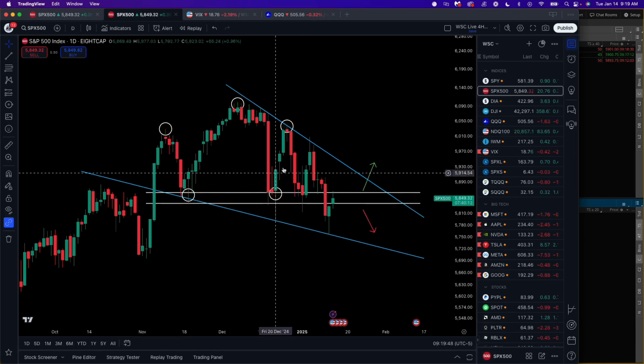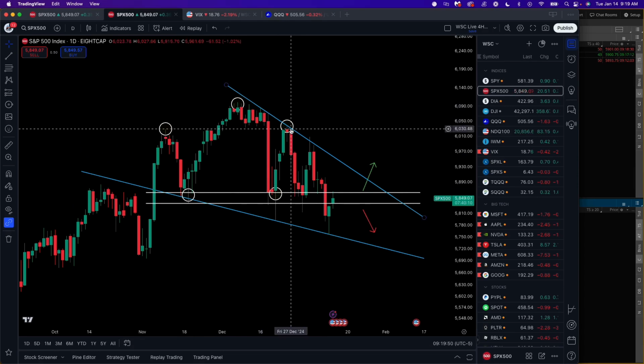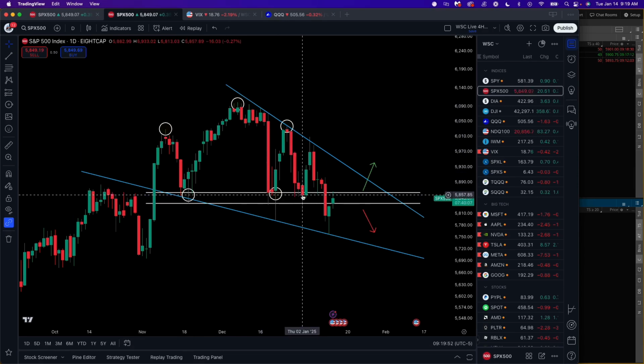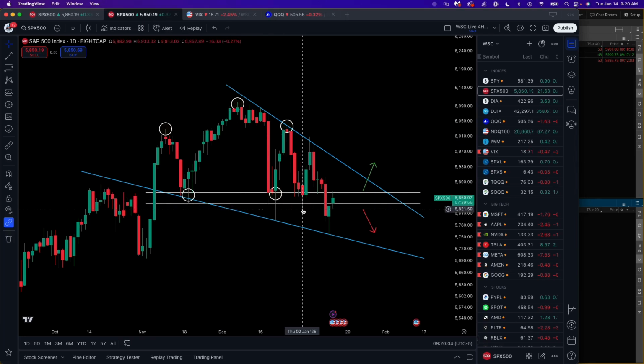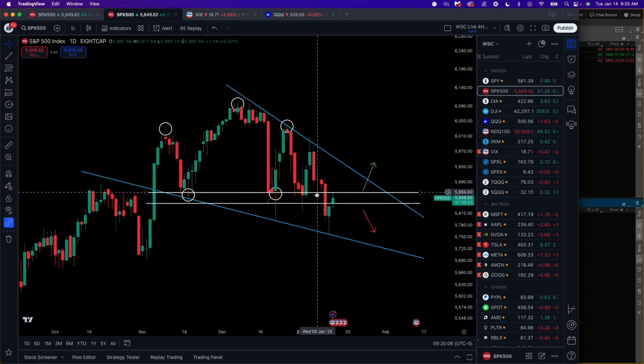This was still the potential head and shoulders reversal. We were going low, boom. On that trading day, Thursday, January the 2nd, we broke below the neckline. And when we were here, this was currently a head and shoulders reversal. But then what happened? We were not able to close below that level. In fact, the market bounced, and the next day we saw that sharp reversal that happened here.